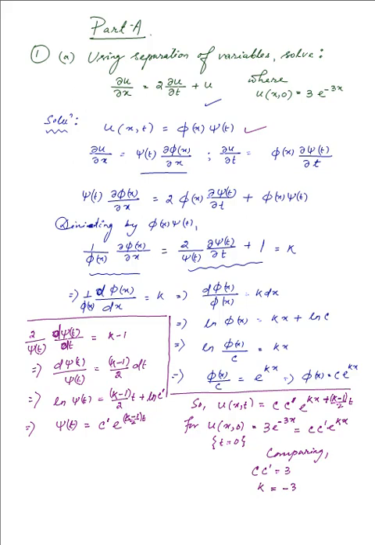So we have the constant values that we wish to obtain, and now we can put them in the above expression that we have collected over here, and so the final expression u of x,t, which was to be obtained, is equal to c prime, remember, is 3, e raised to the power k is also having a value of 3, but we'll minus 3, of course, minus 3x, and k minus 1, so that is minus 3 minus 1